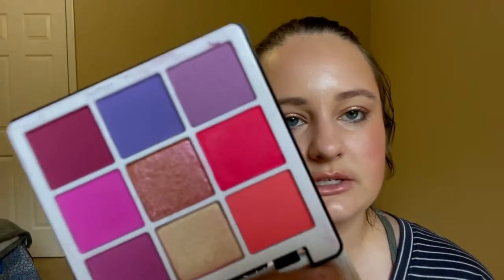I will have close-ups, as we go along, but there's not really any noticeable difference. You can tell where the imprint is kind of wearing off a little bit. I use the tiniest amount of this whenever I use it. I take my brush and I just barely dip it in, knock it off like 3 times, and then I dip it into the other one, knock it off like 3 times, and then I've been blending it out into the crease. Basically using barely any product, but it definitely shows the color, and I'm trying to make it a little bit more wearable. But anyway,